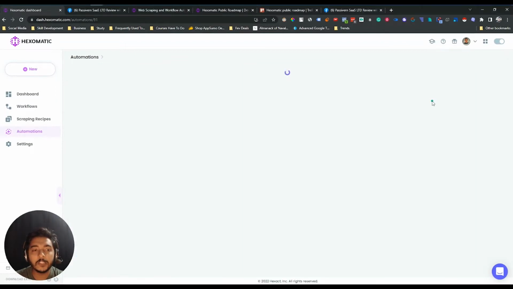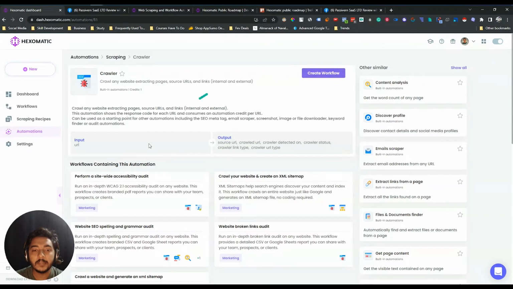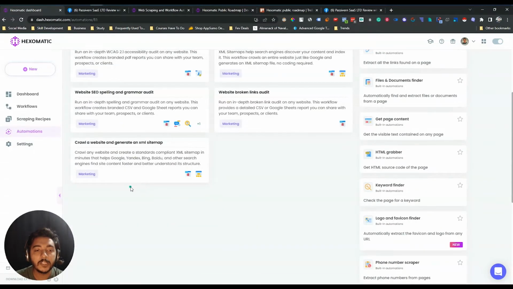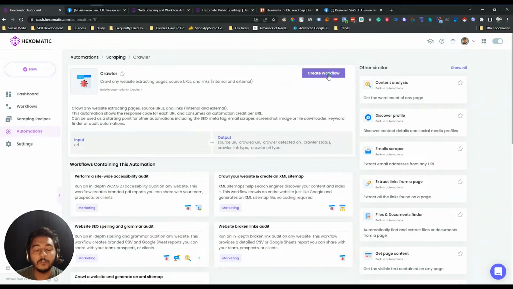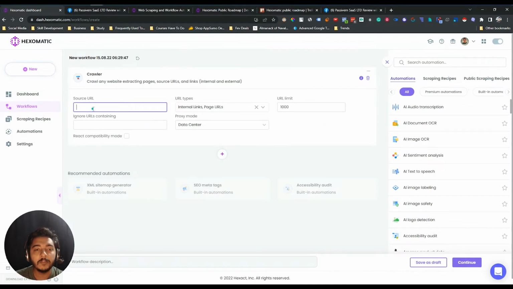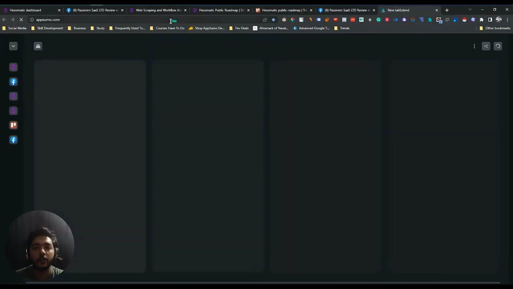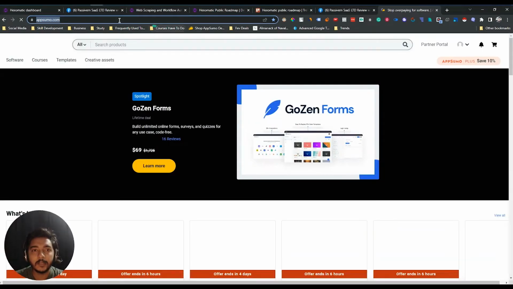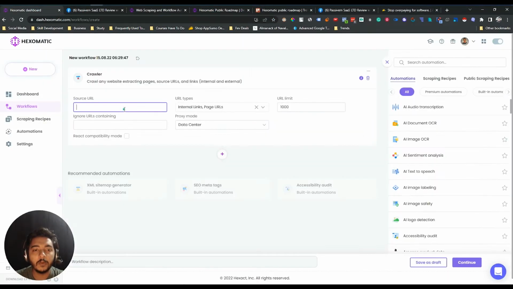So I'm just clicking on this automation, and then see here, you have to create the workflow from here. If you want to create your own automation, then you have to create your workflow from here. But as this is a built-in automation, that's why the workflow is already created, already set up. Now we just have to create the workflow. Just click here, create workflow, and here you have to give the source URL. That means from whose page you want to crawl data. Let's say I want to crawl data from appsumo.com. So let me go to appsumo.com, and then I will copy the URL, and then I will paste the